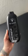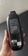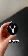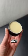But like I said, tattoo care does not end once your tattoo is healed, so make sure you're using a body wash with clean ingredients that protect your moisture barrier. To electrify your tattoo's vibrancy and moisturize and nourish your skin, you know it's time to grab the Mad Rabbit